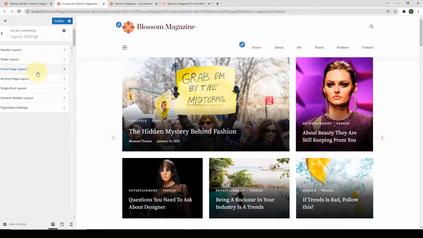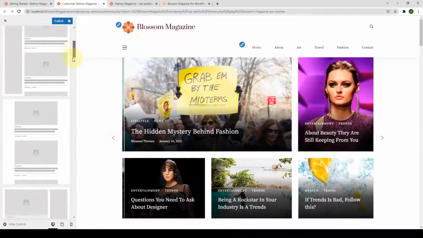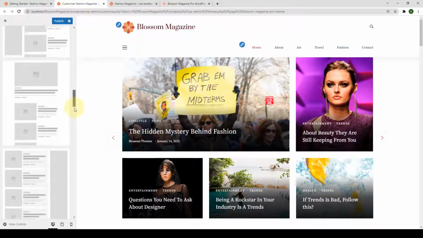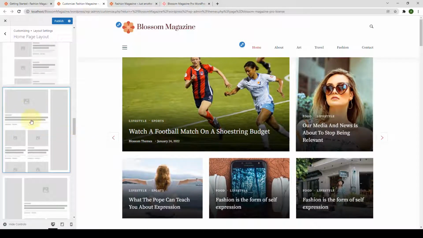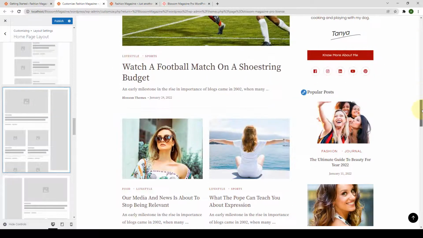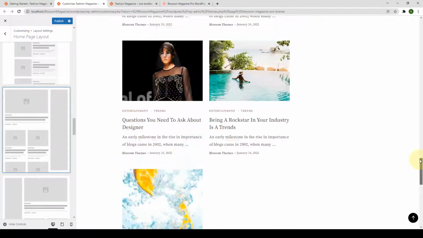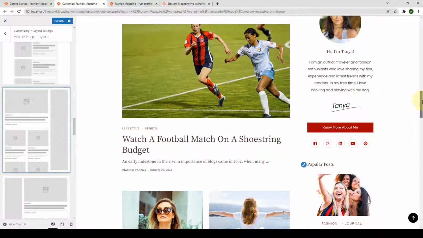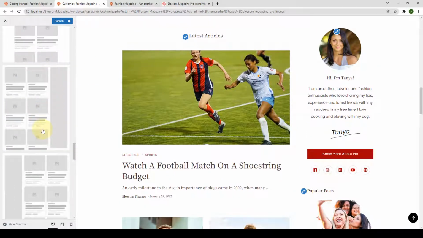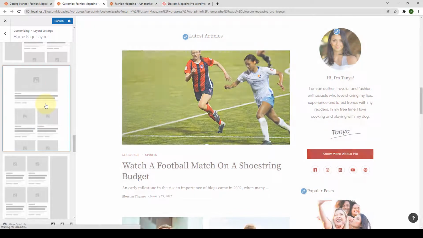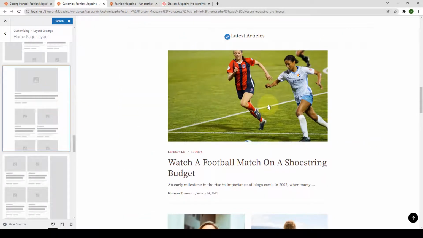Next is the homepage layout. You can select from 24 different uniquely designed homepage layouts that are given here. By default, this particular layout is selected, which is currently applied to our homepage. You can go for any other layout of your choice. Let's say, for example, you want to go for this one, which will change the look of your homepage,